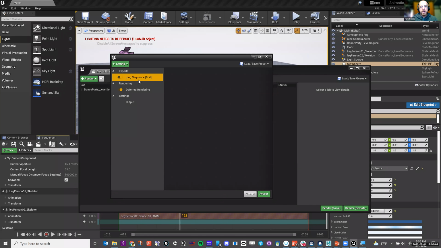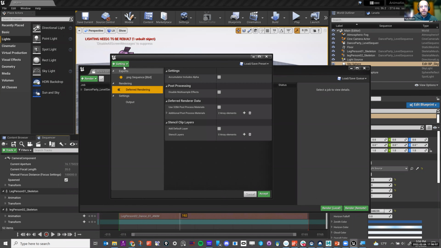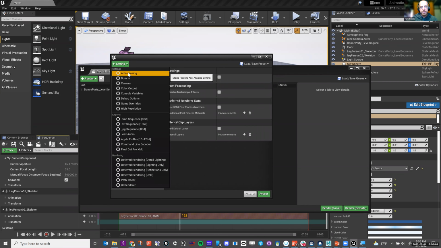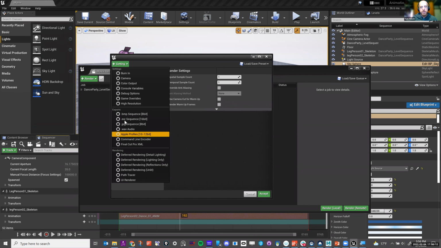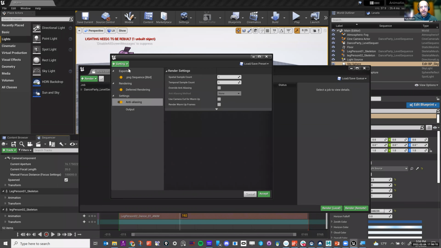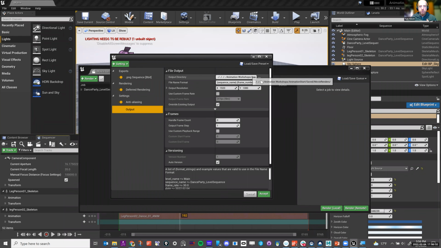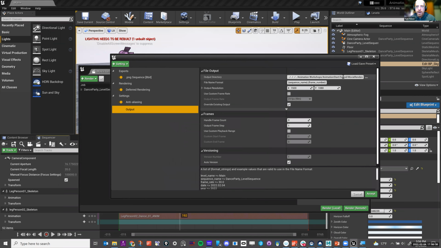So if I set a sequence up, I can add in some anti-aliasing. There's a whole bunch of settings that you can do in here, but the biggest one would be anti-aliasing. I would override the anti-aliasing and put in temporal. You can look in the notes as to why you would want temporal. And then I can look at my output, and this shows you where this is going to go. Right now, these frames are going to go to my animation start saved movie render.